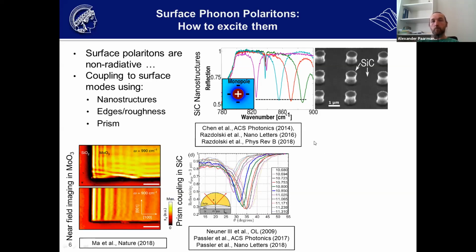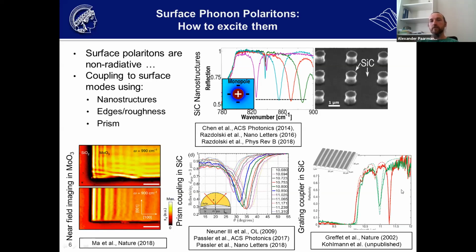But then you also have more far-field methods. One is prism coupling, and we've worked quite extensively on this. And as we also heard in the first talk, grating coupling is a way to couple to polaritons in a very controlled fashion. You see here that I put some references there. We have not worked near-field because this is not our business, but we've worked on all the other schemes of phonon-polariton excitation, with a particular focus on how we can use nonlinear spectroscopy to look at the field enhancements in these different excitation schemes. And my talk will try to go through these different schemes